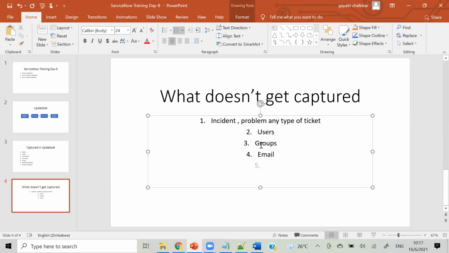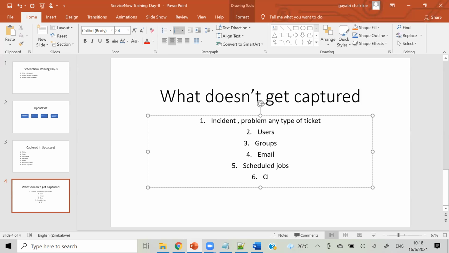Then we have a concept called as schedule job. Like we will see what is schedule job. But in simple words, by this word, you can see like we can schedule something and it will run on that particular date and time, right? So that is schedule job. But we can see what are the things we can do using schedule job in the next 1 or 2 weeks.